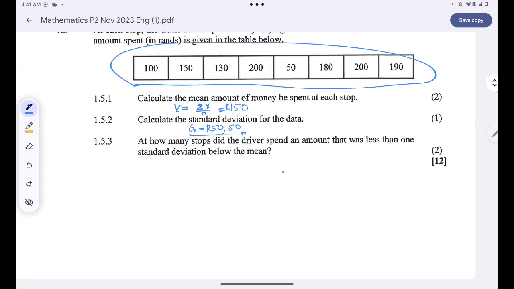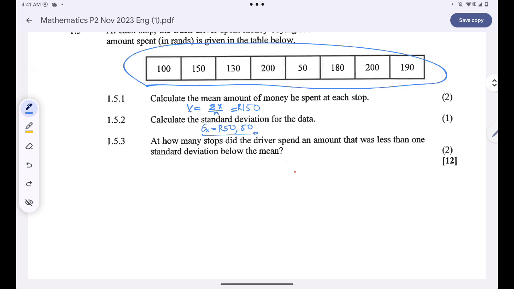Okay, and then now we are being asked, at how many stops did the driver spend an amount that was less than one standard deviation? Okay, one less than standard deviation. I will simply say mean minus standard deviation. Let's see what we get. We have 150 rands minus 50 rand 50. So we'll simply get